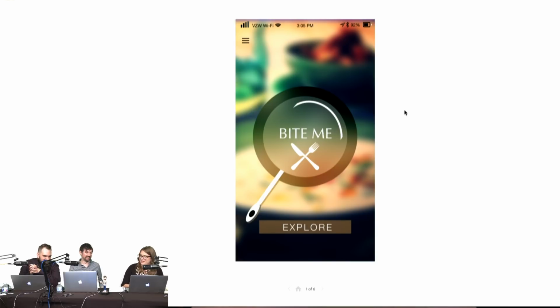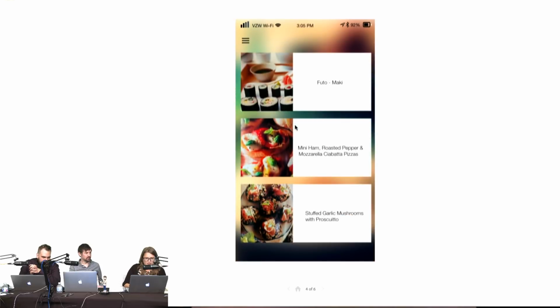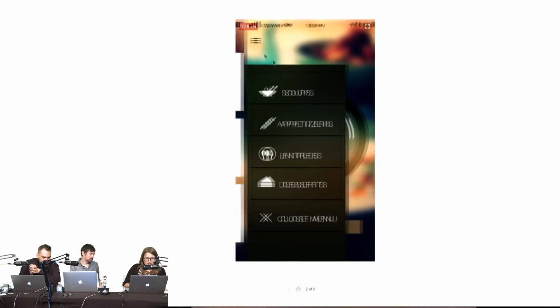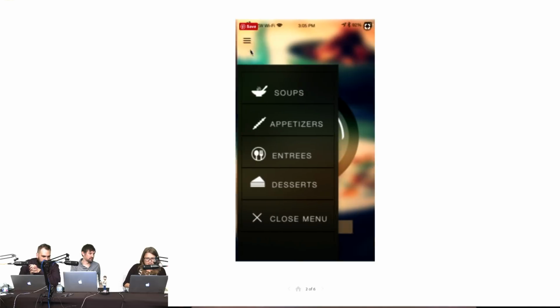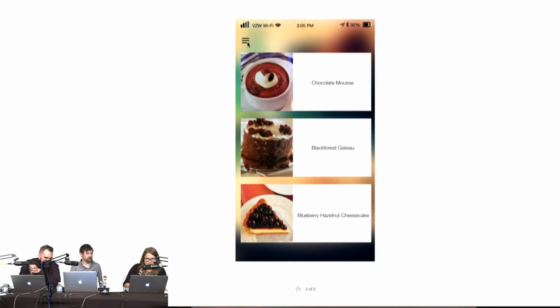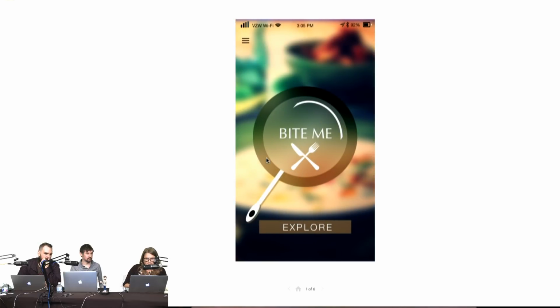All right, moving on to the next one. Bite me, another play on words there. Let's go to the Explore. This nice overlay we have going on, like the blurry background image. Appetizer, so you've got a little bit of a list here. Soup, so it looks like you go through each of the individual categories. I think nice iconography that ties into the content,